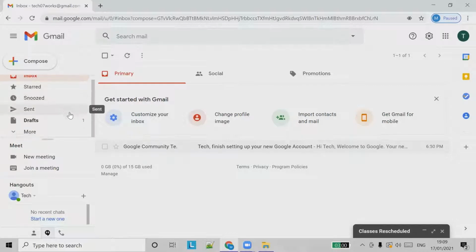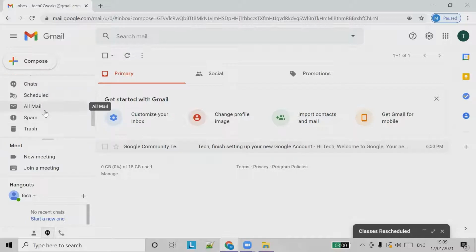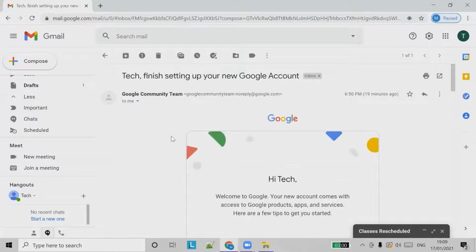Okay. And similar to star, we can choose some important emails to be marked important. So let's say, where do we choose important emails?